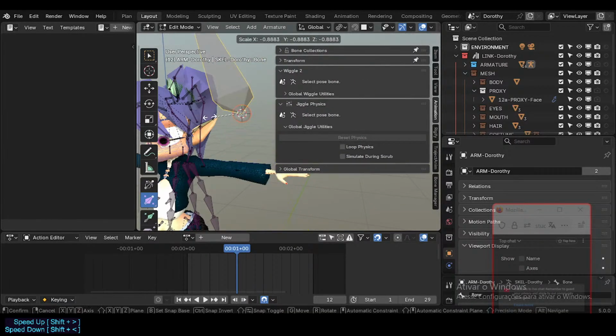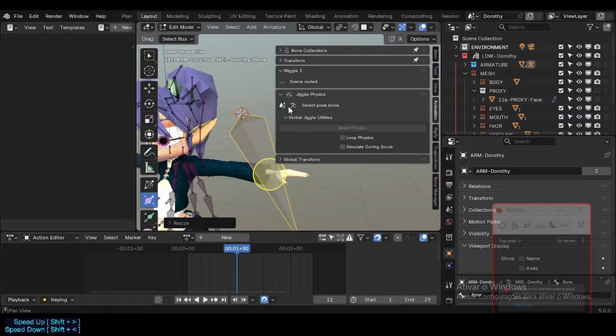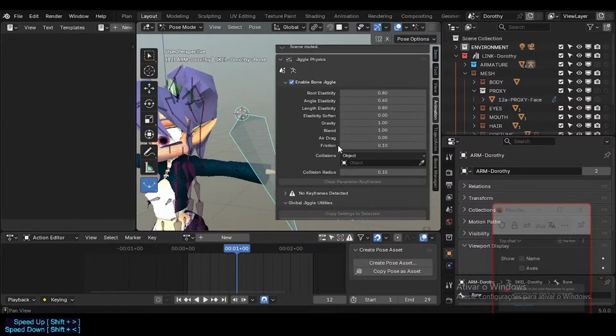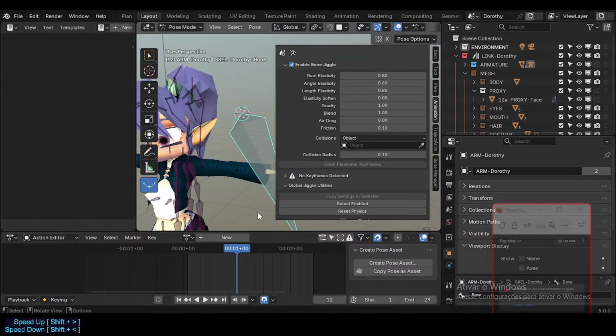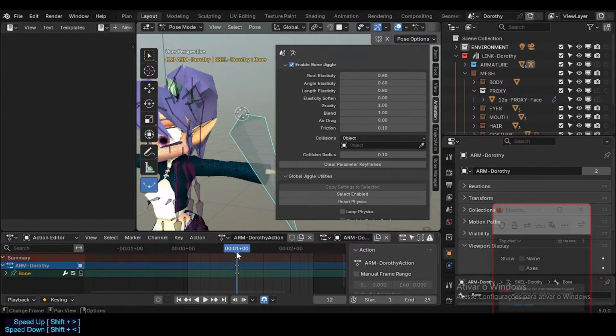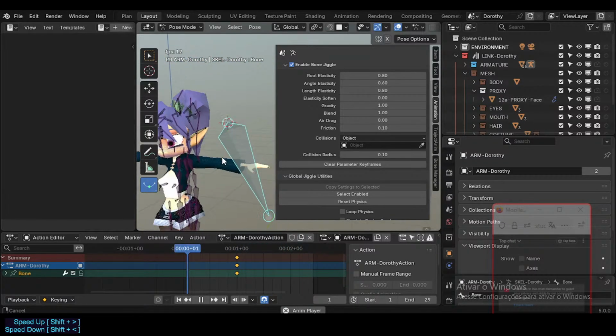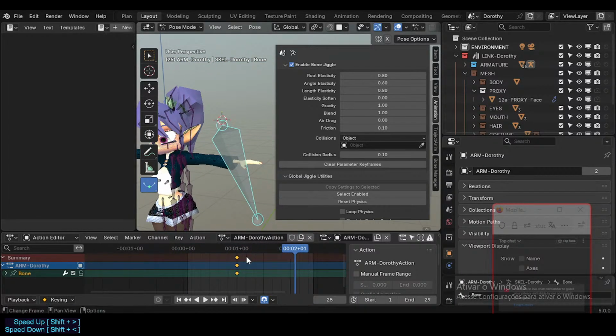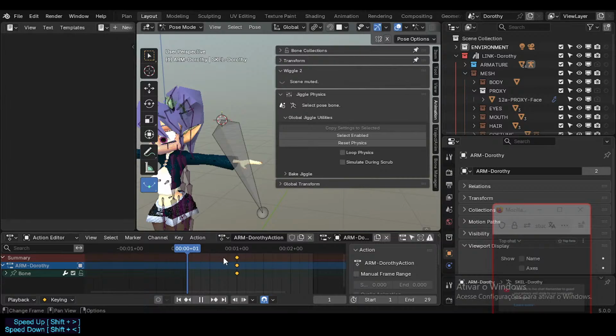Maybe we need to try it out. No keyframe, so maybe it needs a keyframe. Okay, so that's the keyframe. Alright, so apparently it needs a keyframe